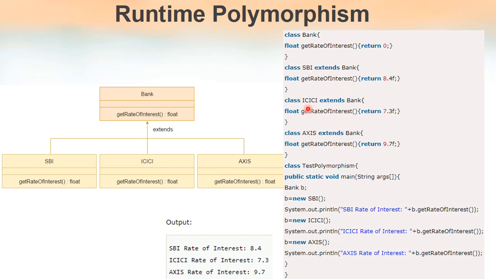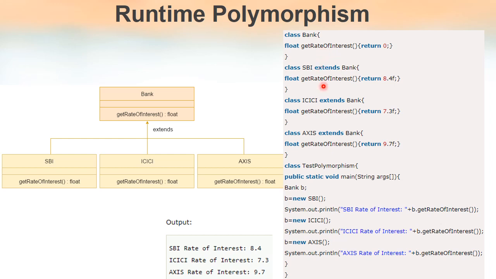Inside SBI, ICICI and Axis we have getRateOfInterest, and all these three classes are child classes of class Bank because we have used the keyword extends: SBI extends Bank, ICICI extends Bank, Axis extends Bank.